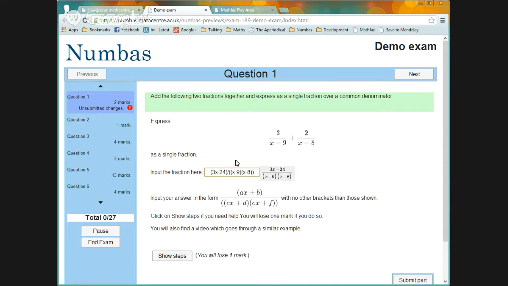Yeah, well, because all this stuff's running in JavaScript in the browser, I've had to write the beginnings of a computer algebra system from scratch. So there's a parser which parses this stuff into a syntax tree, and then other functions which turn that into LaTeX for display, other functions which evaluate it for marking purposes. Yeah, so I've had to write a lot of code for dealing with maths. Okay. That's pretty cool, I must say.